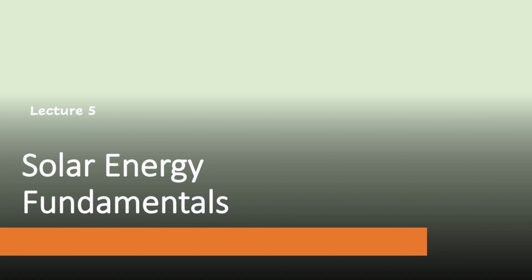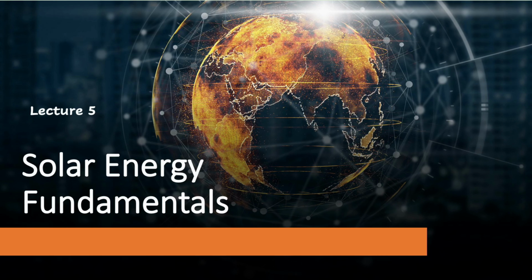In this lecture we will try to develop a mathematical equation to calculate the time of sunrise and sunset at any place on the earth. Also, we will learn how to calculate the day length. The day length for any place is important for knowing the actual sunshine hours at the location, because the sunshine hours help in identifying the magnitude of available solar radiation at the surface. We know the input parameter for solar devices is solar radiation, and its magnitude and duration decide the output from